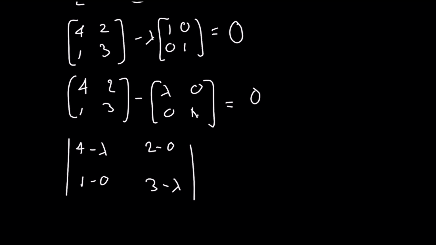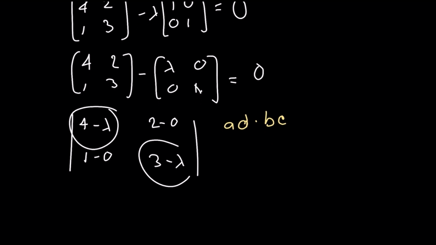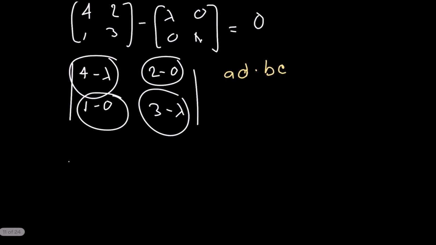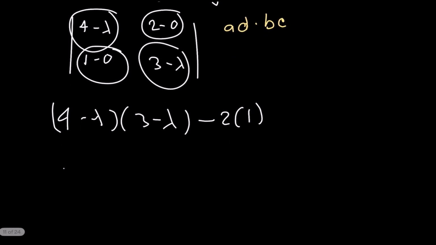But here, we need to take the determinant. What's the formula for the determinant? It's AD minus BC. This is only for square matrices. In this case, A and D will be this 4 and 3, and B and C will be this 2 and 1. So we will get 4 minus lambda times 3 minus lambda minus 2 times 1, which when distributed, we get